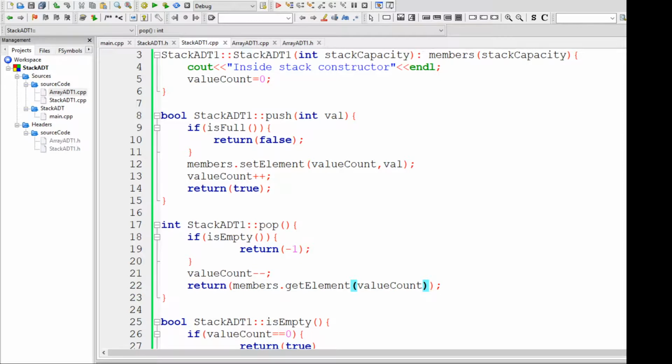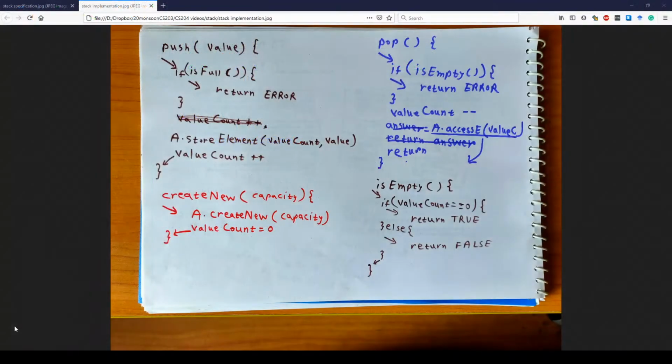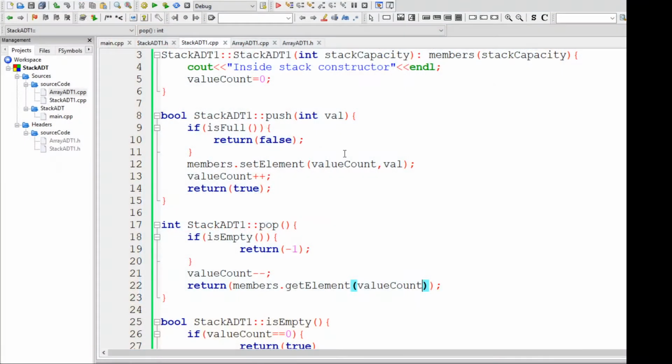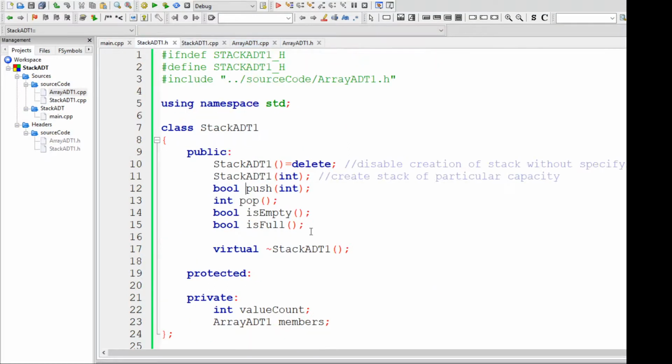So that's my pop operation, and let's check if there is anything else remaining. We have done push, pop, is empty, is full, and create new. So let's go in Code::Blocks and see if any function is left to be implemented. Is full, is empty, pop, push, and everything is done.